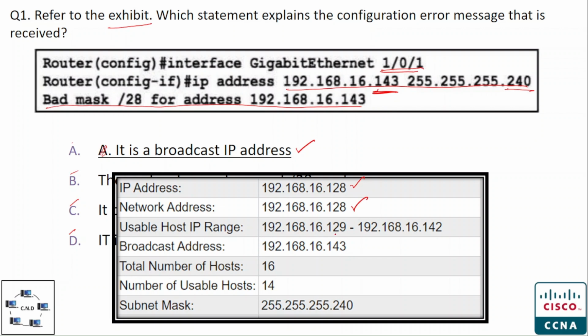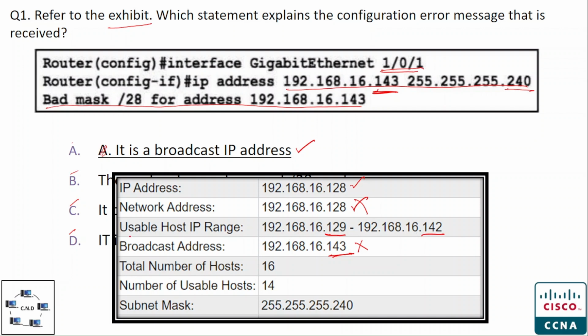These are the usable IP addresses, and the range is from IP address 129 to IP address 142. And this is the broadcast IP address we are talking about. So you cannot assign this address and this address to the interface, while these addresses ranging from 129 to 142,